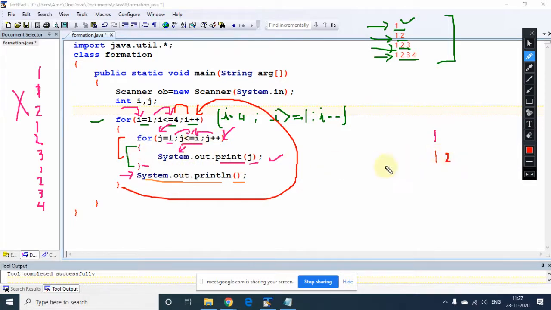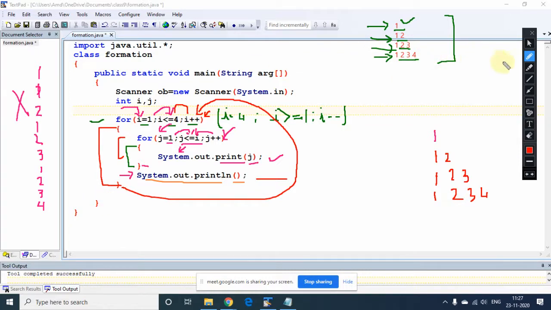No. So now this part will execute and your control moves on to the third line, and then your control moves on to this I plus plus, so the inner loop will execute a third time, 1 2 and 3, then 1 2 3 4. After that at last I will be 5, so 5 is less than or equal to 4, no, so this outer loop will break and then your program gets over. Am I clear, everybody?